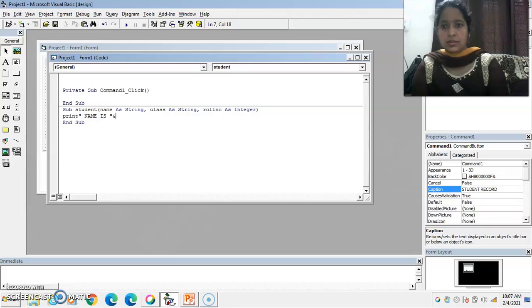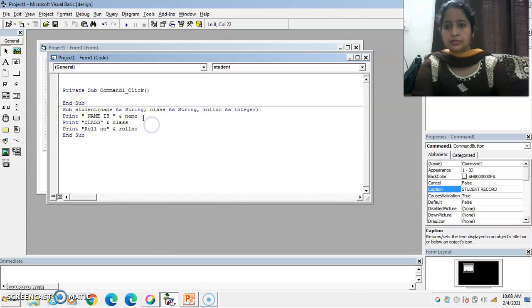ampersand name. Okay. After that print the value for class, CLASS, ampersand class, and last print the value for roll number, ampersand roll number.